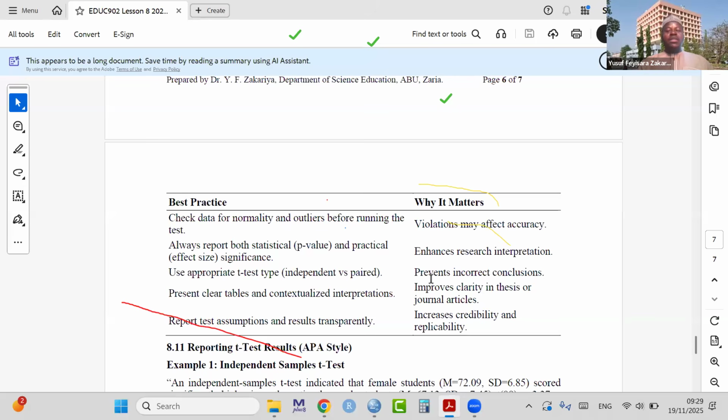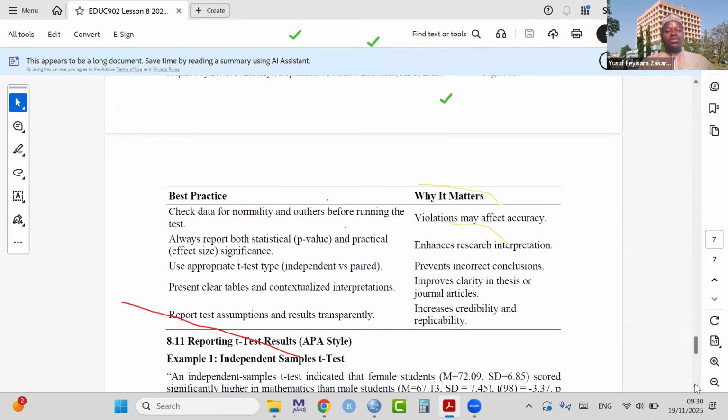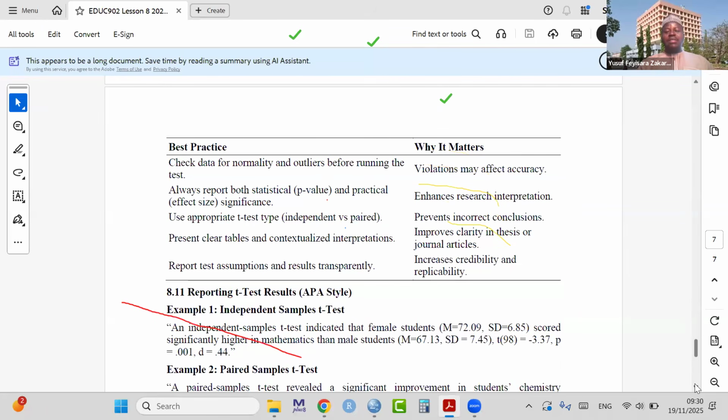So this is very important. This will enhance your interpretation. This will let us know that you actually know what you are doing, not just following the crowd. Then you have to use the appropriate t-test, whether paired sample, independent sample, or one sample, so that you don't have incorrect conclusions. And then you present clear tables and contextualized interpretations,